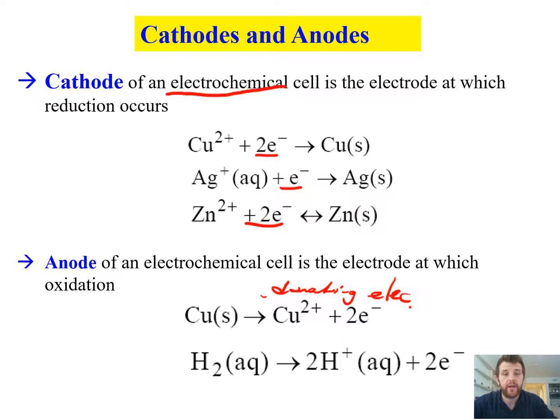Okay, so then cathodes and anodes. The cathode of an electrochemical cell is the electrode